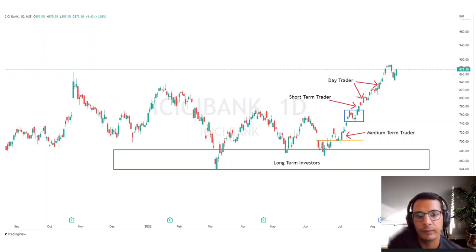So I hope this helps to understand what kind of market participants are the most active, and why, if you can identify which participants are most active and try to align your trades or your investments along with them, you dramatically increase the odds of success in that position and to profit from that position.